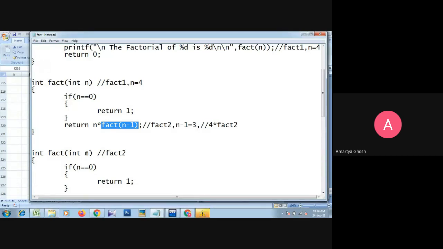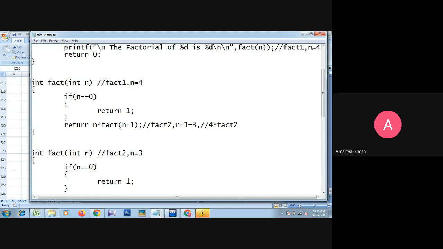So the fact2 function is called from the fact1 function, and here the value of n is coming from n minus 1. So n minus 1 is 3, and 3 is coming from the fact1 function and stored into the local variable of fact2 function, that is n. So the value of n is right now 3. Hope all of you understand here.